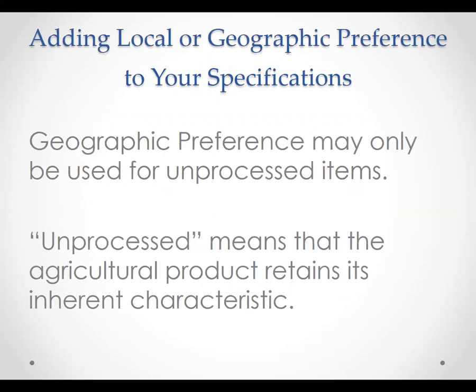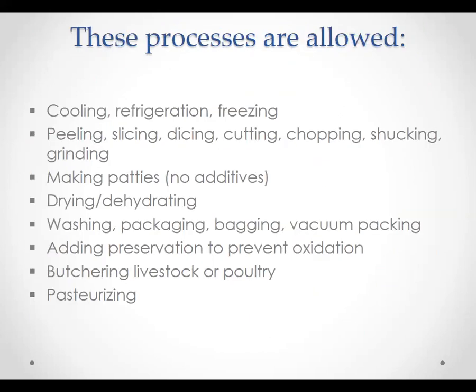You can apply a geographic preference for unprocessed agricultural products like fresh apples, but you cannot for applesauce, as applesauce is considered processed. The product must retain its inherent characteristics to be considered unprocessed. If the item you are purchasing had any of these things done to it, you may add geographic preference wording